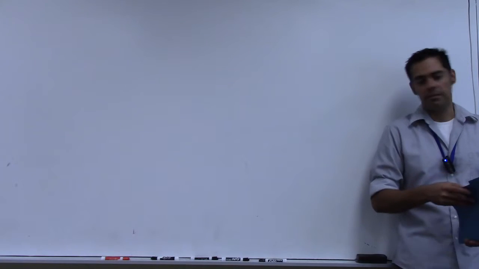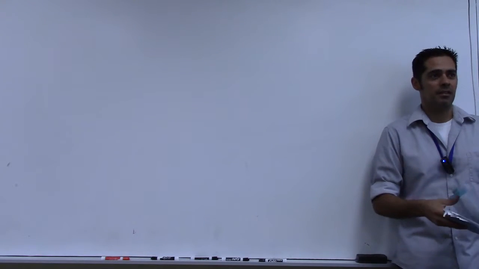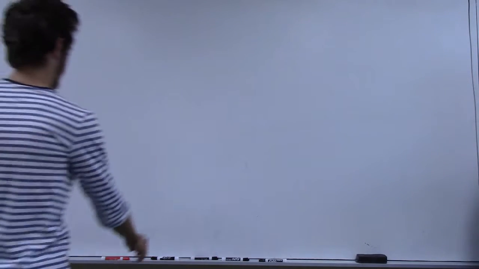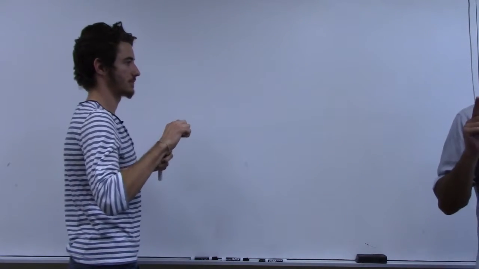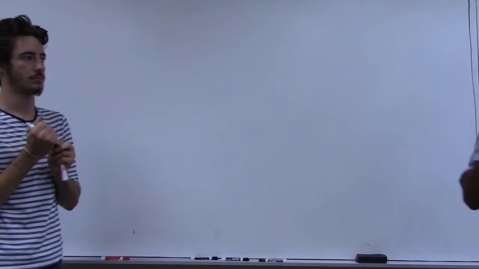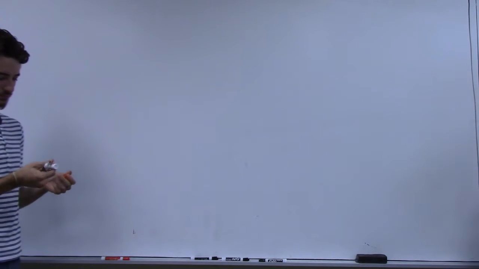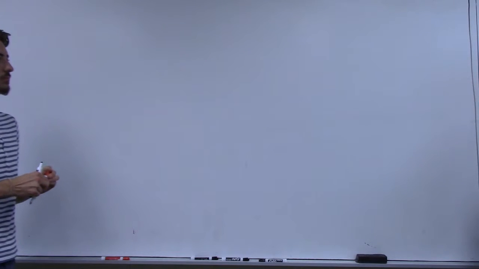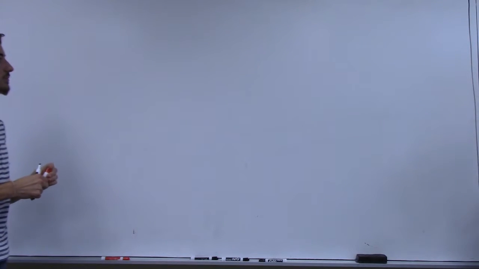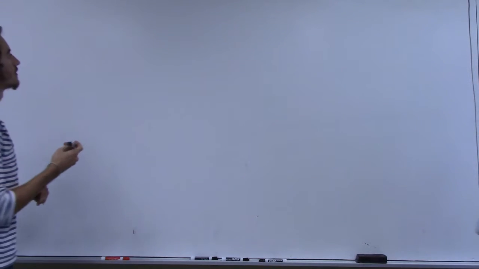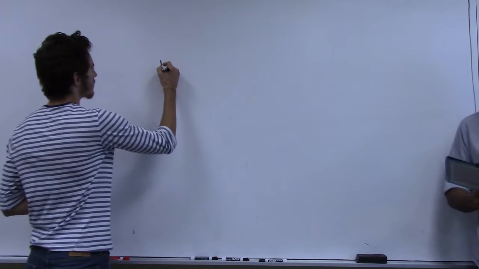Go ahead. You're going to be on camera, though. Is that okay? All right. Now, hold on. Before you draw it, let's let everyone think about it. Try and think of a function that has a local max or min, but the derivative does not exist at that point. See if you can think about what that might look like. Let's wait 10 seconds. You can draw your x, y axes.